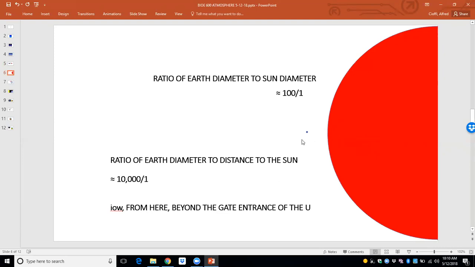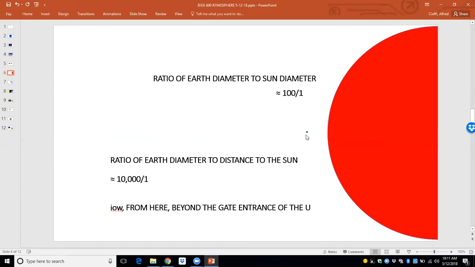But how about the distance? Again, using the diameter as a standard, how many diameters are we away from the sun? How many Earth diameters? If we look at the diameter of the Earth, which would be the longest distance of this little circle. You understand the diameter, right? It's a line that goes across a circle through the center of the circle. It's the longest distance inside a circle. That's the diameter. Radius being half of that. So the radius is this.